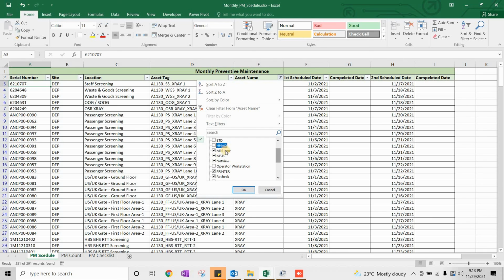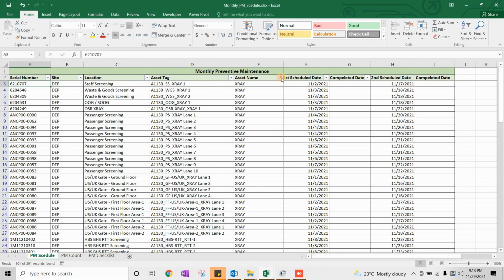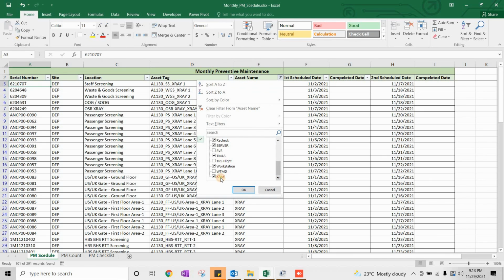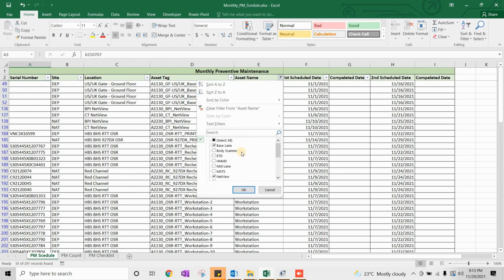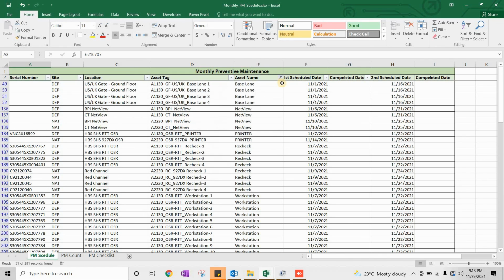Same applies for the mid lane or the base lane. If there is MSTS, you have to mention the serial number of MSTS in the same PM report. Just mention the X-ray machine number and the rest of it comes with it, so it will be included. It will be a single unit. Or if mid lane is there or base lane is there, all of these things will come under this X-ray machine only. There won't be separate PM reports for those machines. Just take the X-ray machine serial number and make a report for that. So let's get rid of this base lane as well.